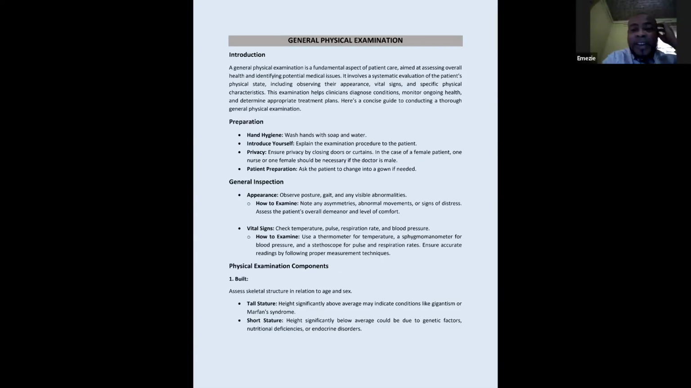So we're touching the hair. You can see why these examinations are very, very important. By touching the hair, you can be able to pick that this person might be having a liver problem, or this person might be having a kidney problem, or this person might be malnourished, just by touching the hair